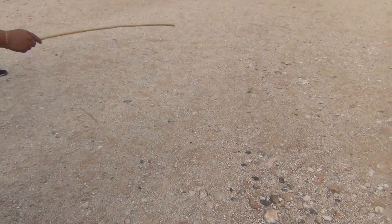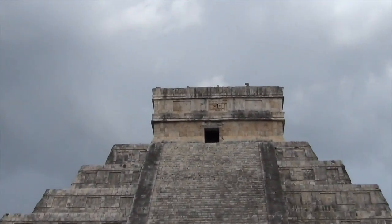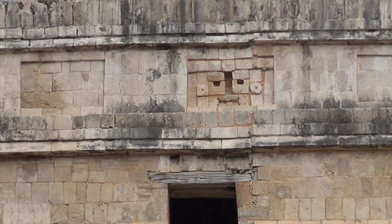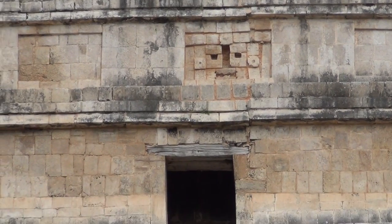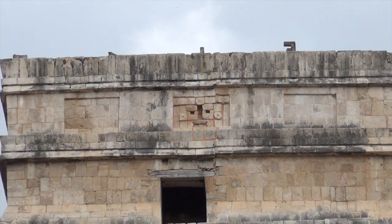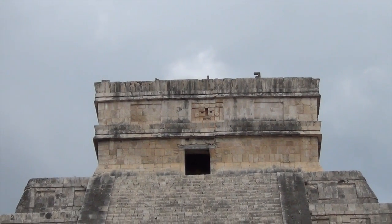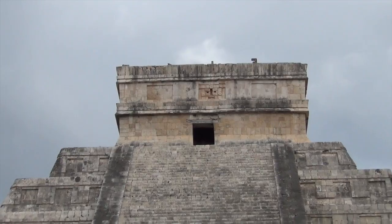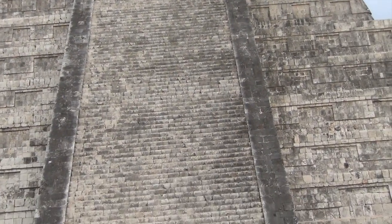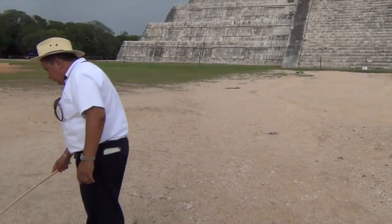Observe carefully one more time. Look at the face of Cha'ak. Look at the big eyes, the nose, and the mouth. And observe carefully something else. The temple on top is not aligned with the stairway. The temple on top is a little bit off on the right side. Why? Because right there on top...